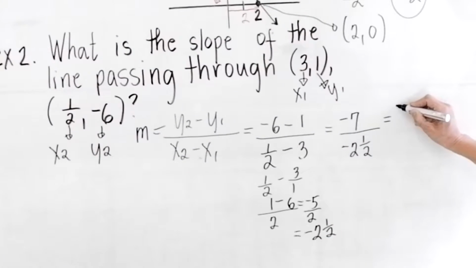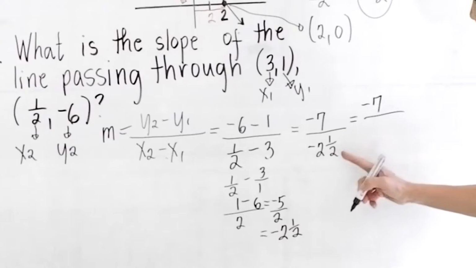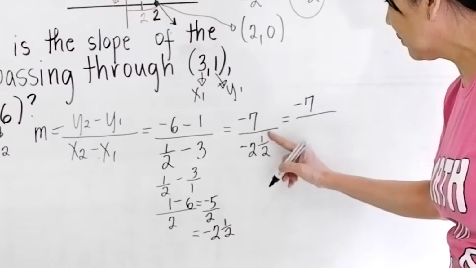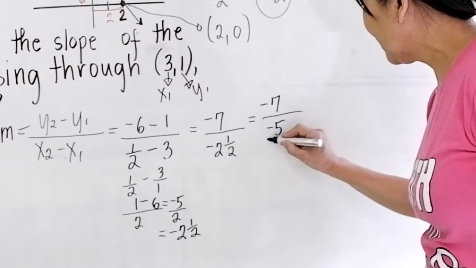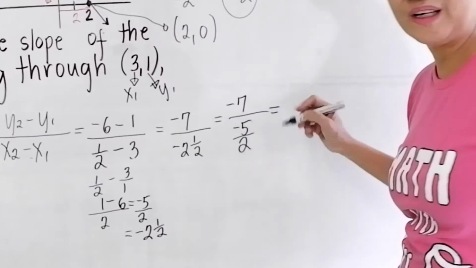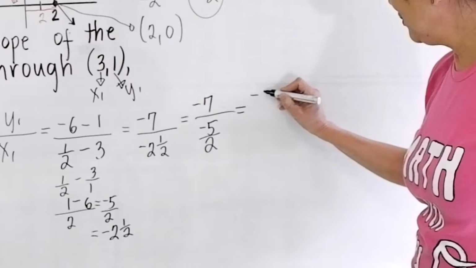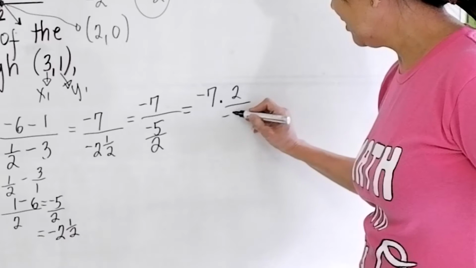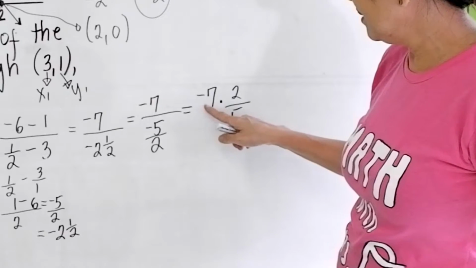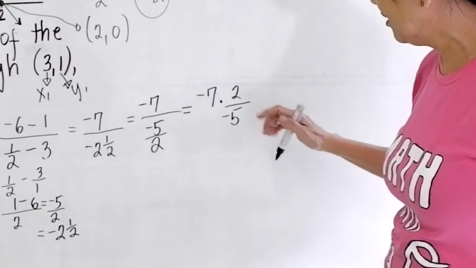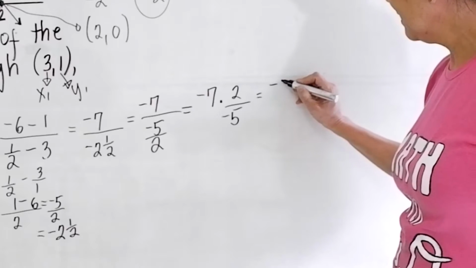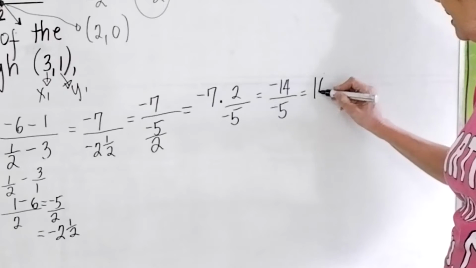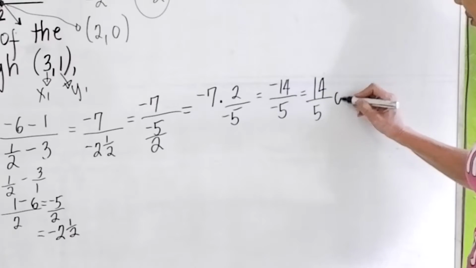Now, this is negative 7 all over, make this an improper fraction: 2 times 2, 4 plus 1, 5. Negative 5/2. Then how do we divide fractions? Numerator times the reciprocal of the denominator. We get negative 14 over negative 5. This is simply 14 over 5, or